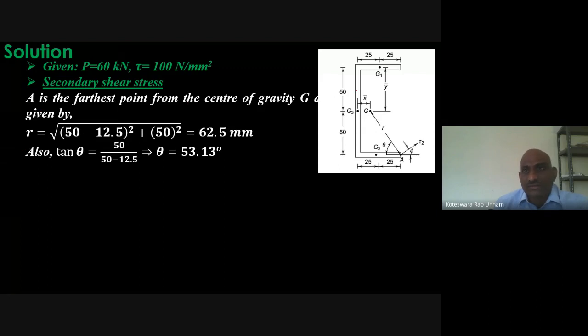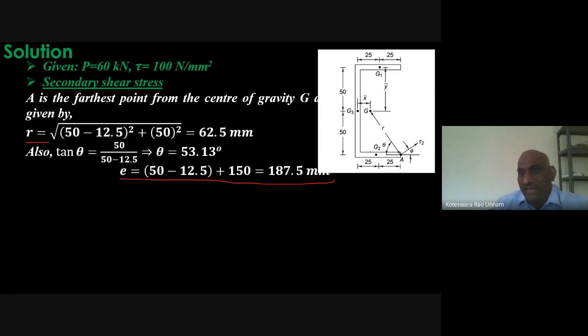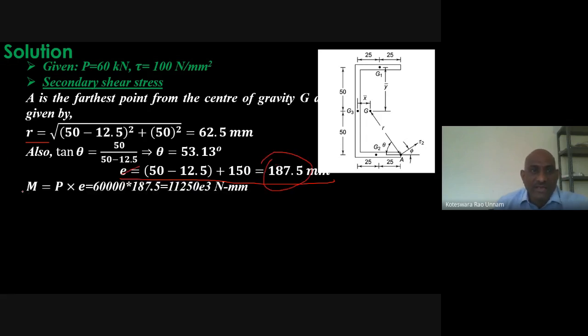First we need to calculate E. It is shown as something like this. Either you can take 200 minus 12.5, or you can take it as 50 minus 12.5 plus 150. Either way, you are going to get the same thing. Your E is this value. Then your M is nothing but P into E, which comes out as 60,000 into 187.5, which comes out as